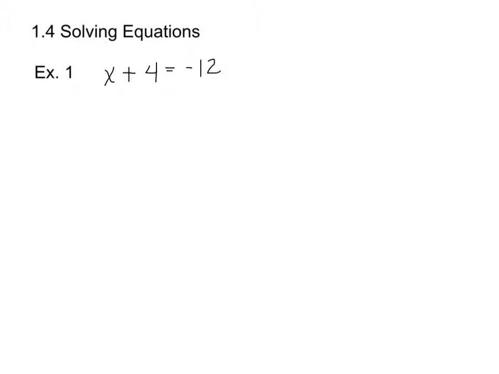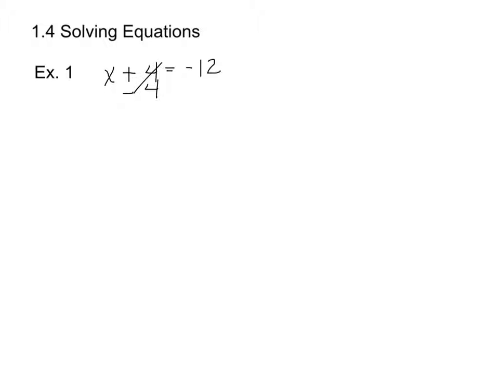So as you can see, we're asking what number plus 4 equals negative 12, which means we need to undo addition. And the way that we undo addition is subtraction. So you want to make sure that whatever you do to the left side, you do to the right. So we're going to undo the addition, and instead of adding 4 to both sides, we want to subtract 4